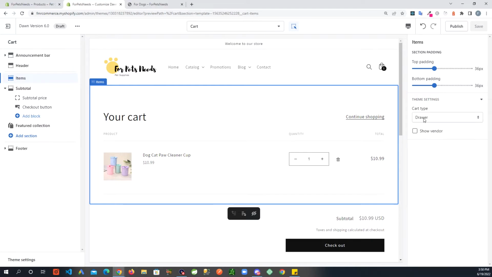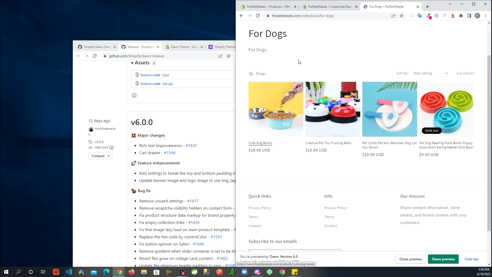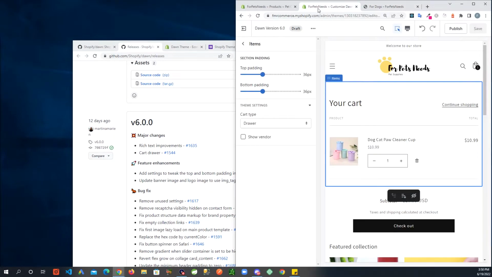You can see cart type drawer, and that's what it's currently selected to. That's what you saw. Let's go back to it, and right here. So that's the difference. It doesn't open up as a page, it opens up as a drawer, and you still have a view of your site. So other option in here is